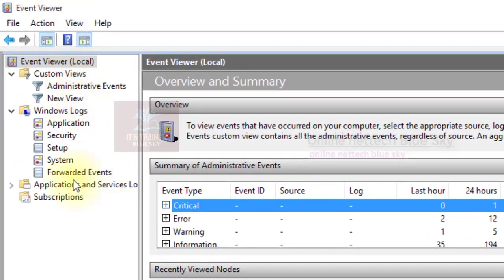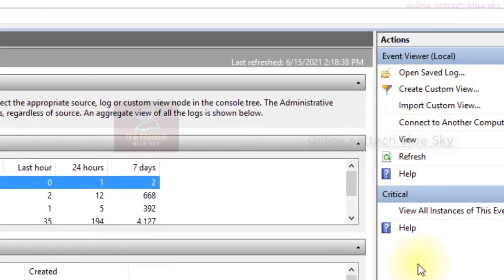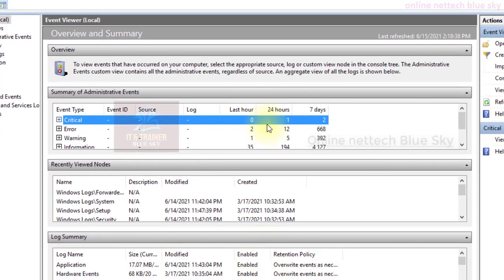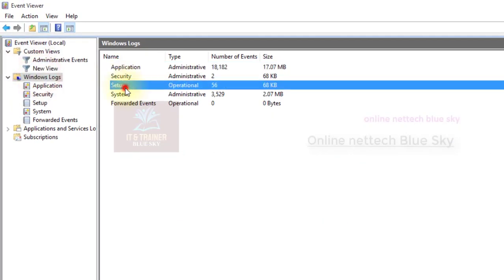In my last previous video I already told you about the left pane and right side pane, and some information about why we use Event Viewer and what is the main importance of Event Viewer for the computer. So that was my first Event Viewer part 1, and I am continuing my last topic on setup and system. So let's start this video.